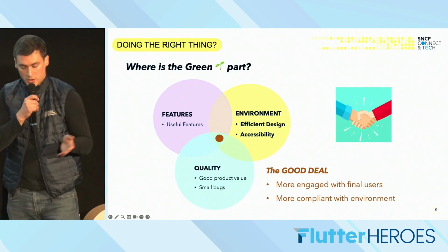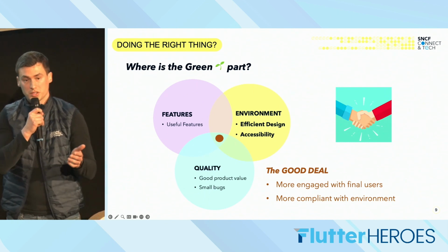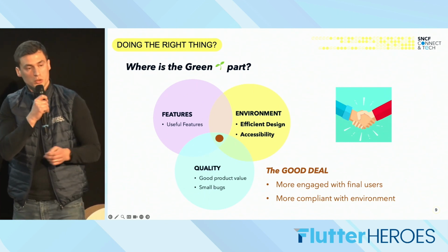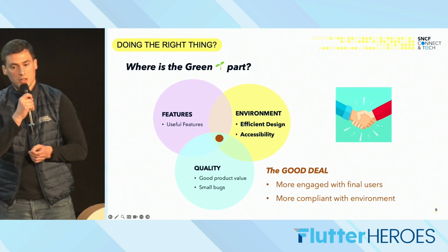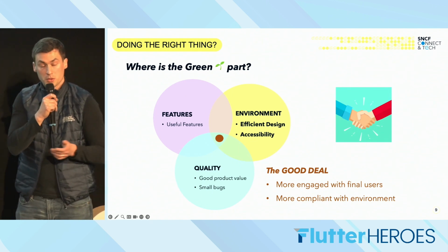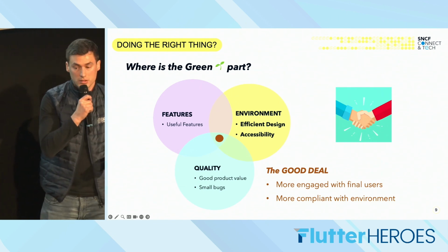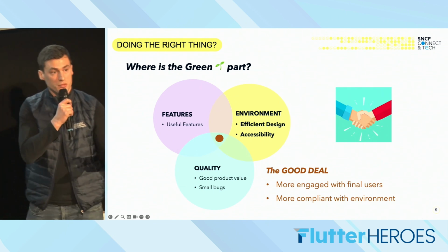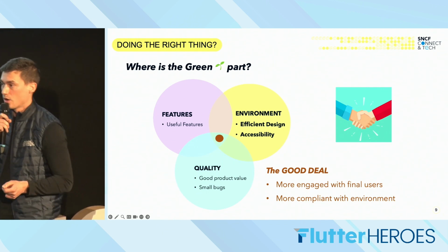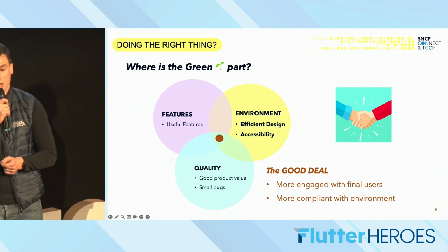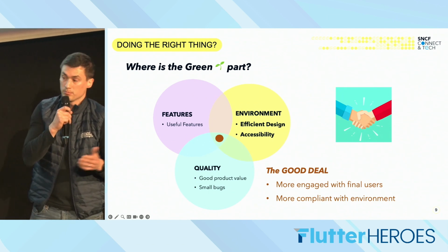And first, we can ask ourselves, where is the green part in our product, in our app? That's a good question, right? Sometimes we think it will decrease the value of the product and, what's worse, increase the cost. However, we think a compromise should exist, especially if we are concerned about accessibility and efficient design. So we should discuss it with our team, and then we'll probably find a good equilibrium and, of course, build